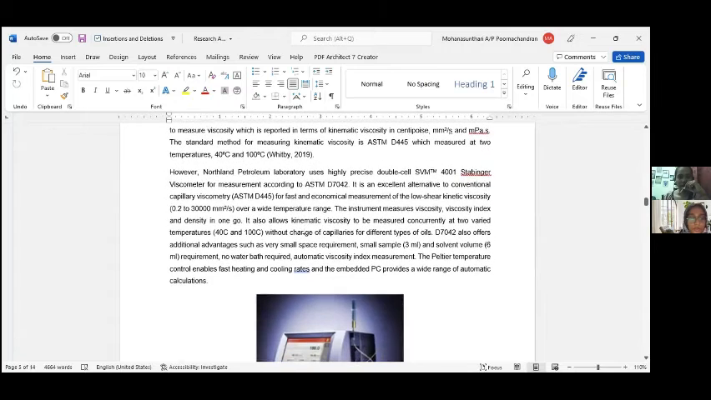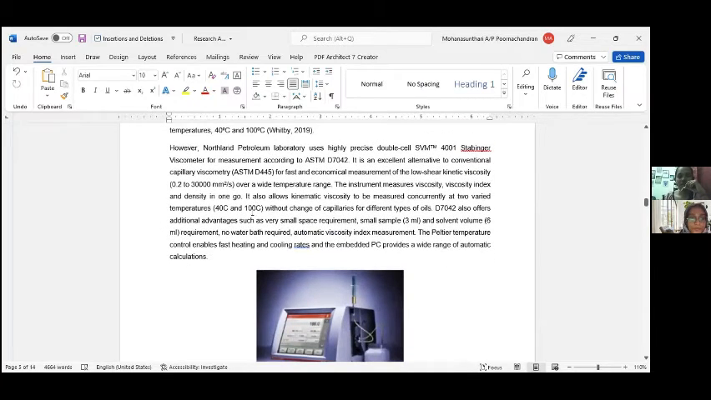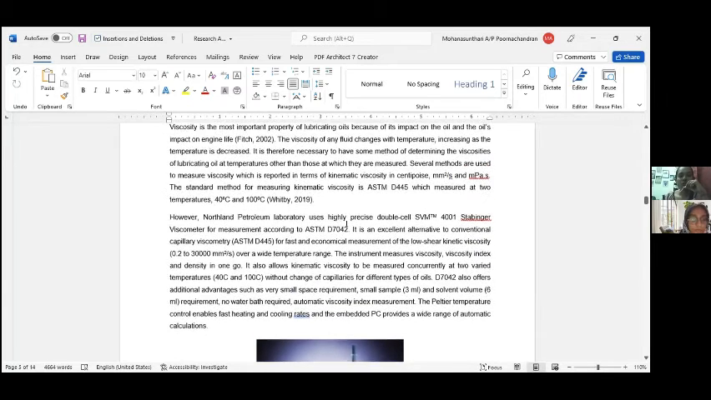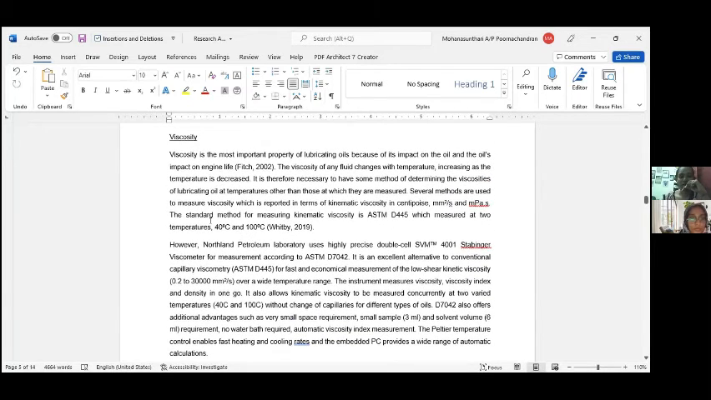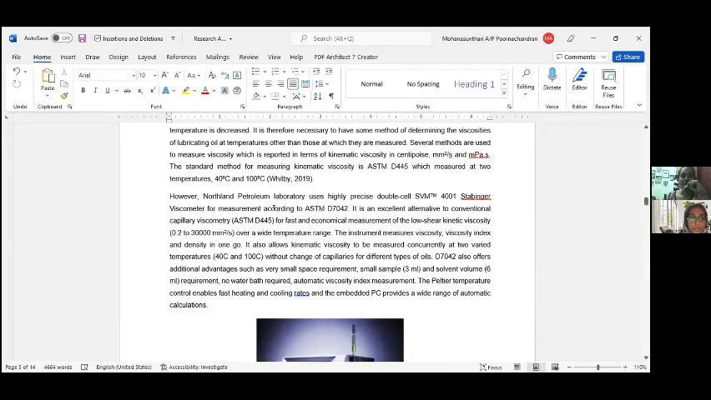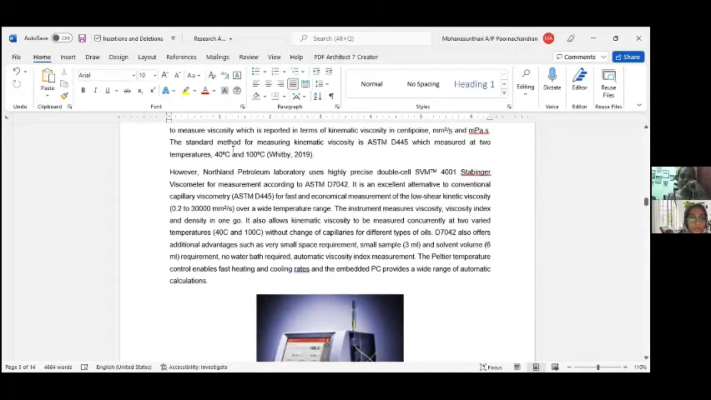So we know that if the temperature decreases, the viscosity increases. So we want to prove it. The first test method that we will use is D445. This D445 is to measure the kinematic viscosity at two temperatures, 40 and 100. If we observe a significant increase in viscosity at this temperature, we